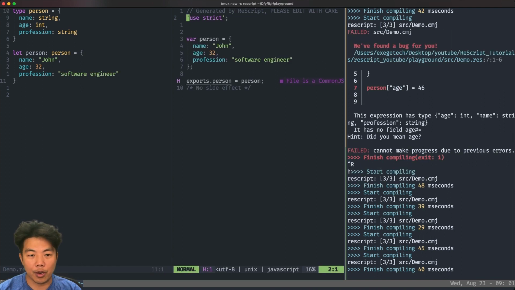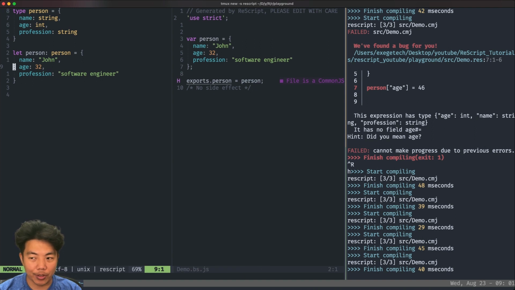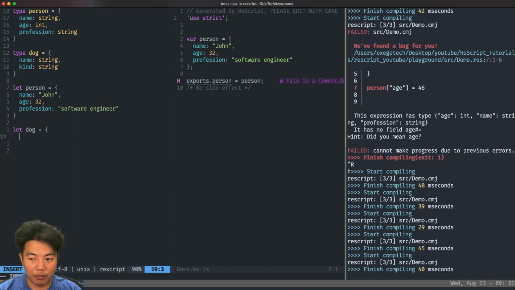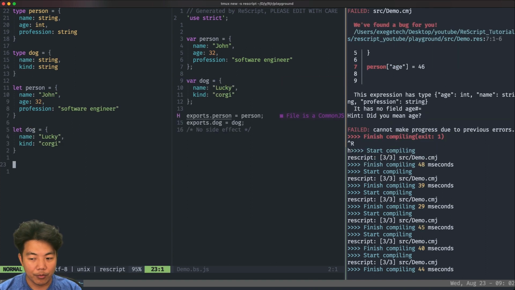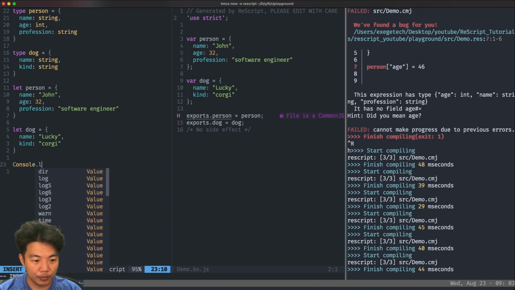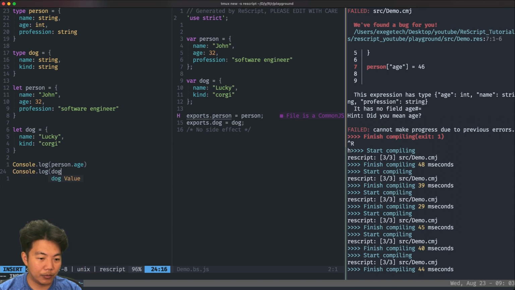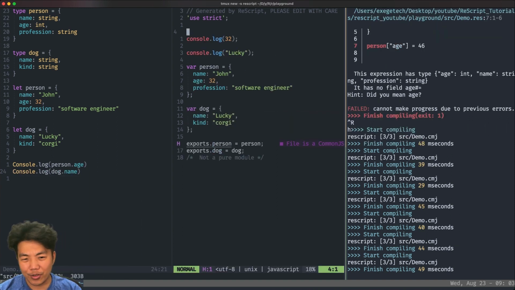As you can see, that record is actually also compiled as JavaScript object. We don't have to actually annotate the types of the let binding because Rescript will find the nearest type that conform to the let bind structure. We can access the member of a record by using the dot notation. So interestingly here, Rescript actually knows the value right away. So it just evaluates it.